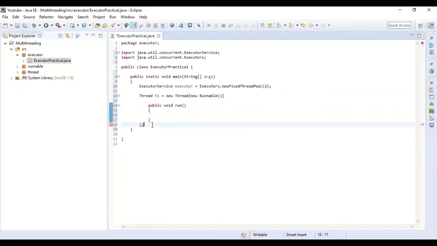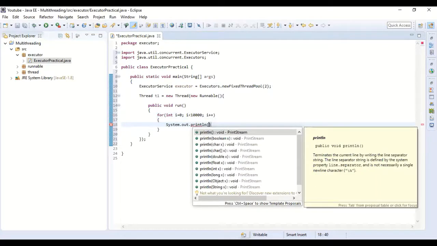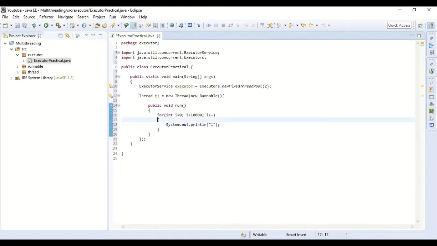Let's say we want to print 1, and let's print it 10,000 times. So our first task is ready.